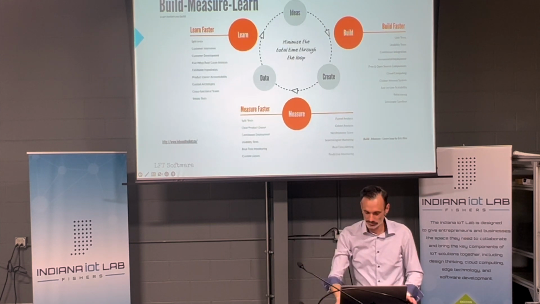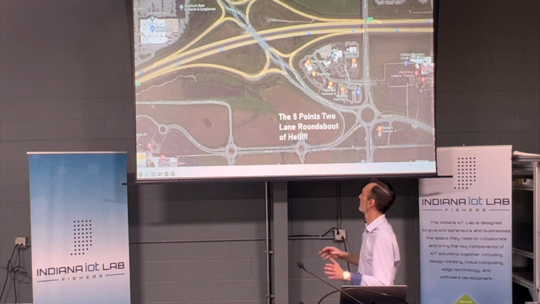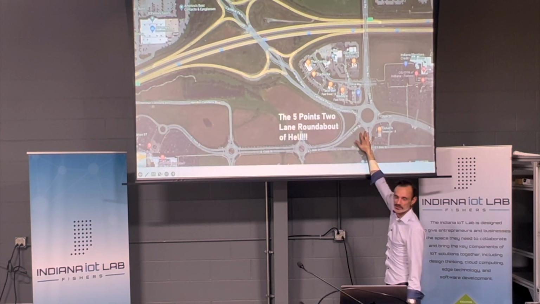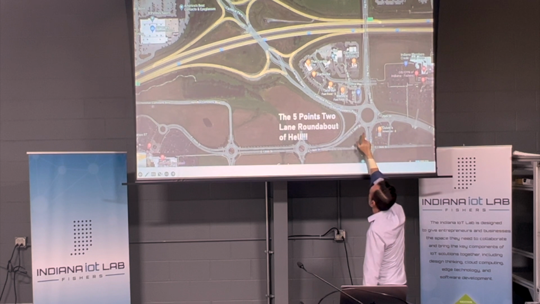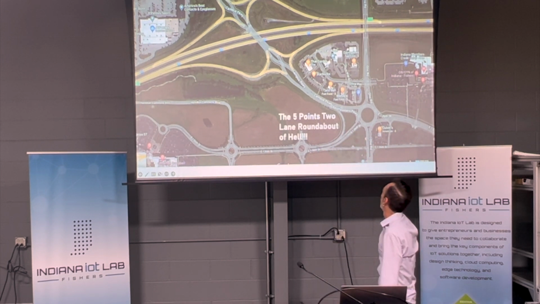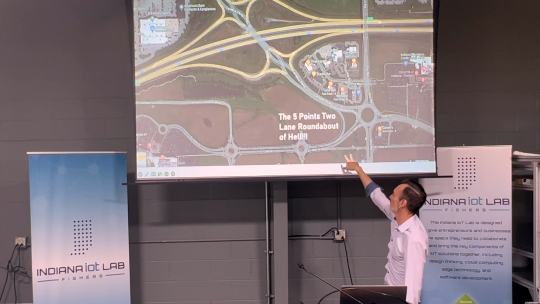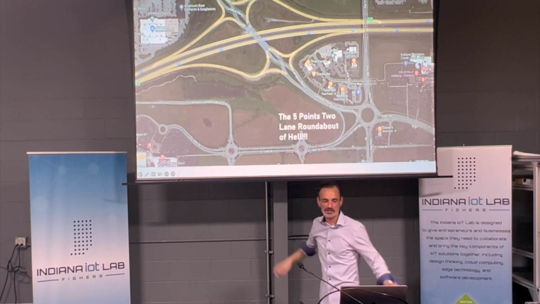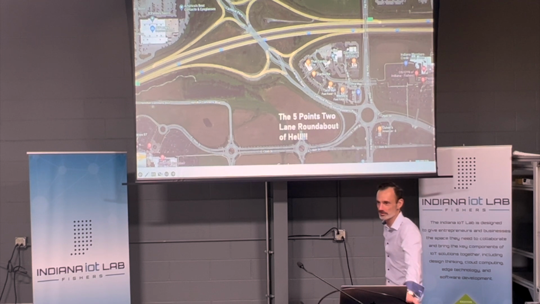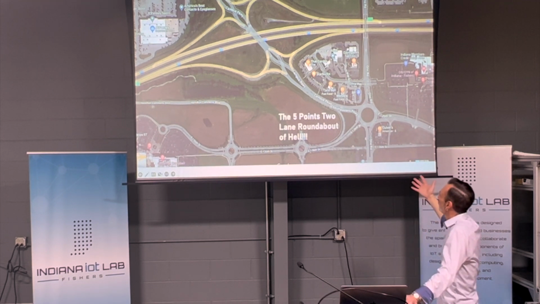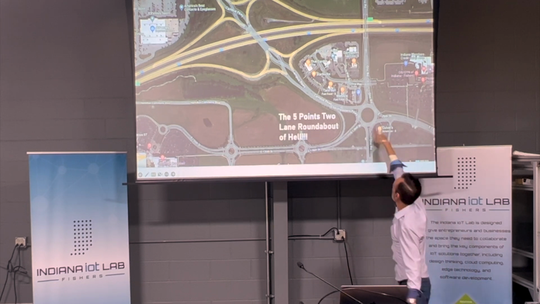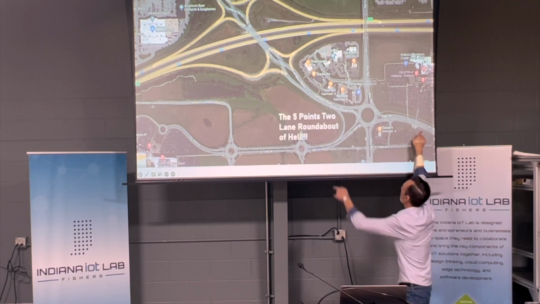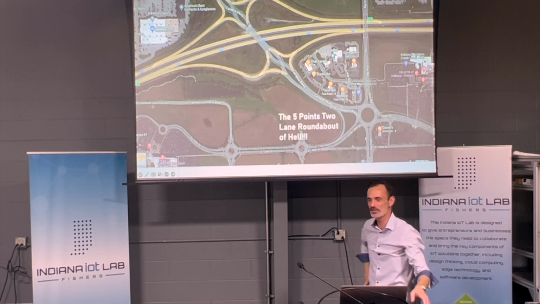Speaking of iterative in circles, I had to show this. Anyone know where this is? Anyone ever seen this? It's at Olio. Oh, yeah. Olio, 136. I call it the 5 points, 2-lane roundabout of hell or death. I was just actually going through there last night, and there were 2 cars in a collision. If you're not from around here and you come across this thing, it just is pure anarchy. Especially in the mornings when school's in. Olio becomes a one-way, or just a 2. You cannot go this way. You just sit there and you're stuck in traffic.